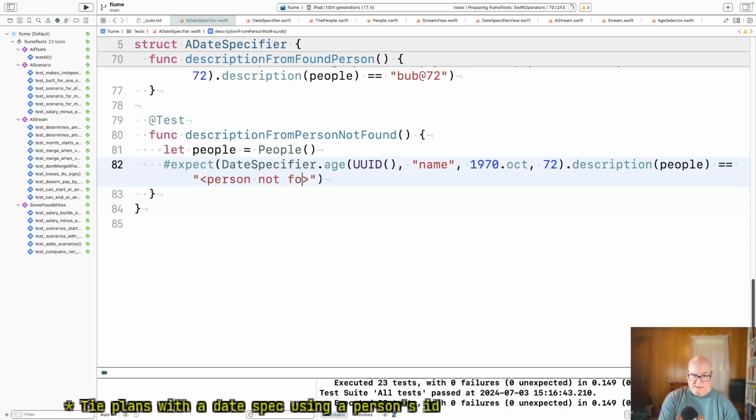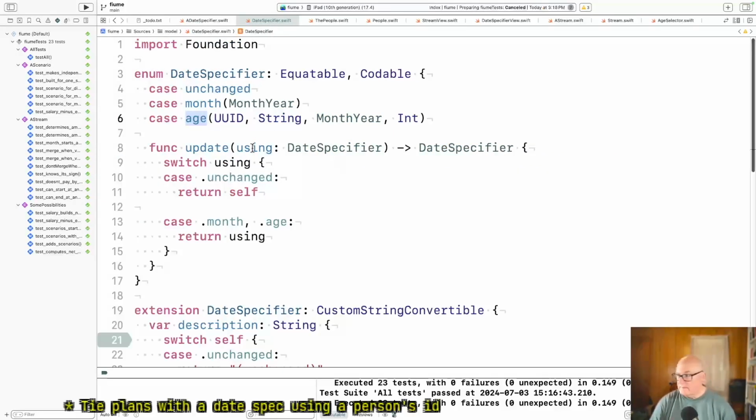Maybe it's just this. Going there before. And age takes a UID, I think. Yeah.